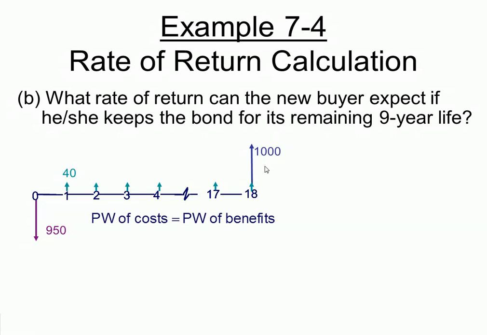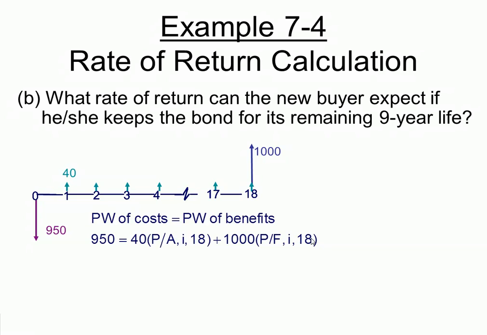So again, setting up the equation for I, and again, we're going to be using effective semi-annual, which means 6 months interest. And so this is the present worth of cost. The rest is benefits. So again, 40 multiplied by P given A, because it's a uniform series, over 18 periods in this case. And then again, this 1,000 happens at 18 periods, and that's a future amount. So it's multiplied by P given F